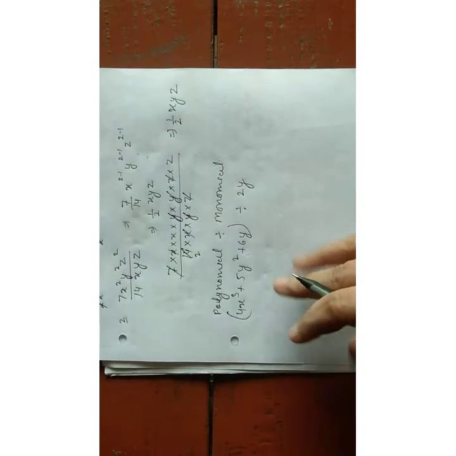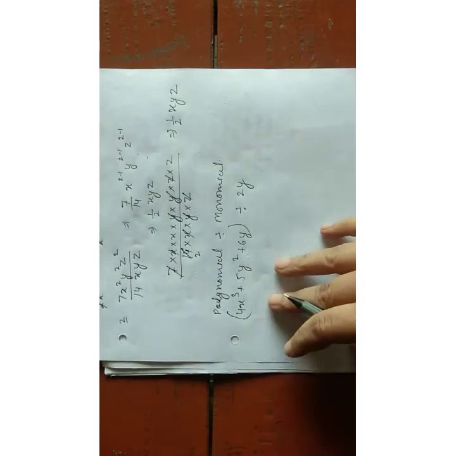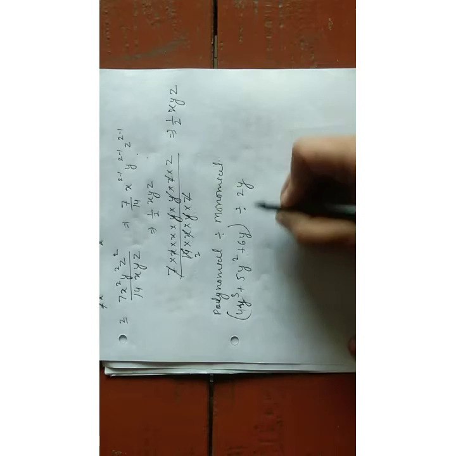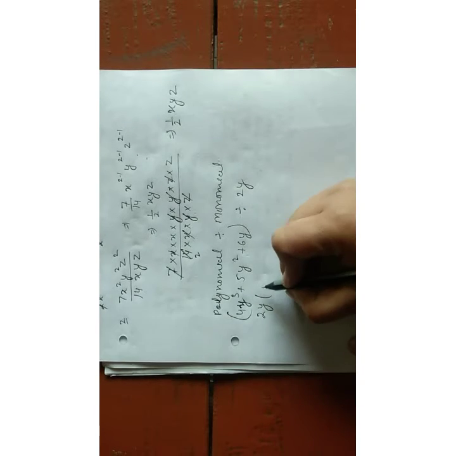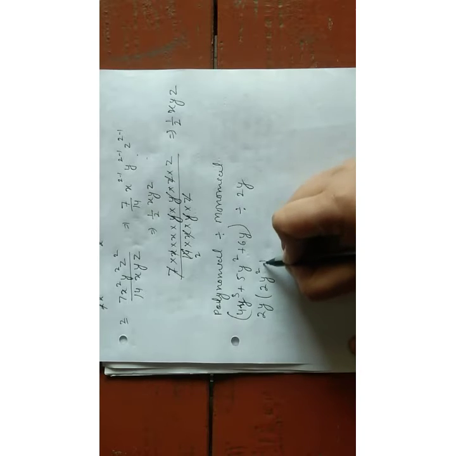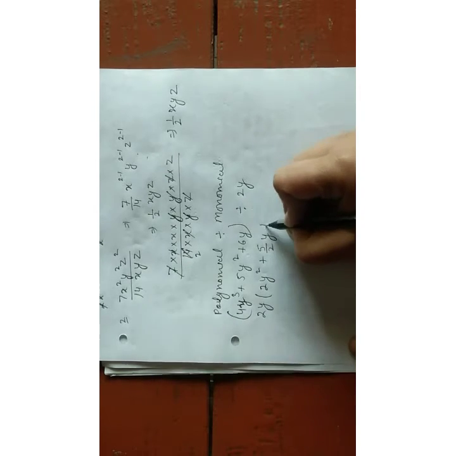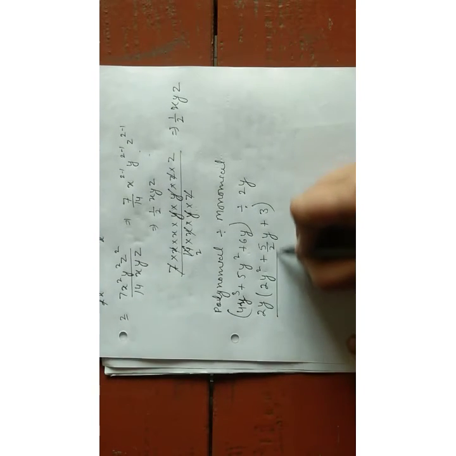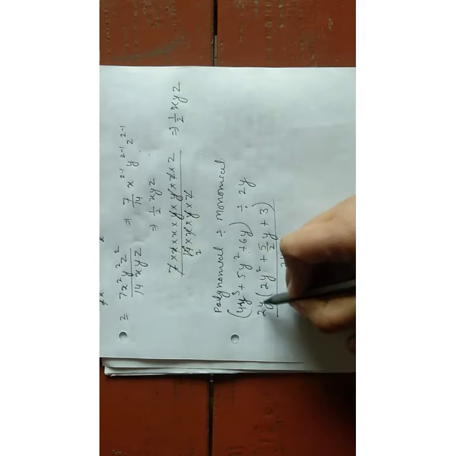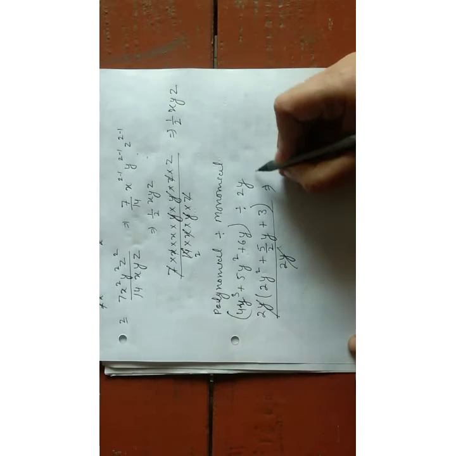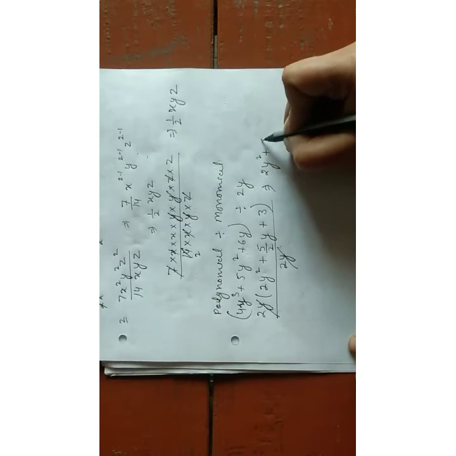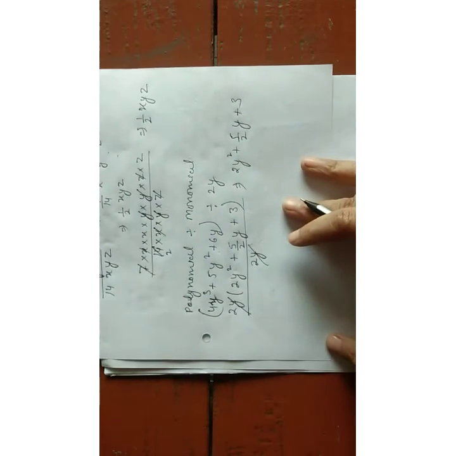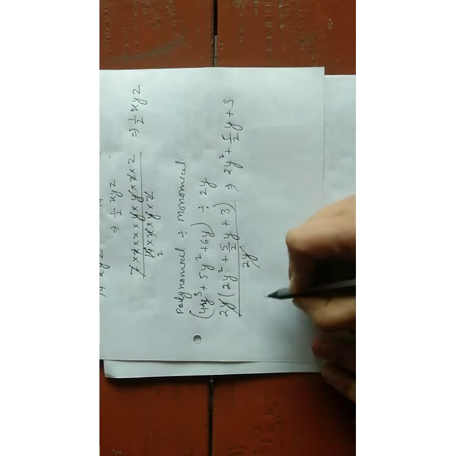Okay. So the first method is you can take this thing as common from this one, if it is possible. For example, I am taking 2y as common. What is the remaining term? 2y square plus 5 upon 2y plus 3. This is the remaining term and this needs to be divided by 2y. Now 2y will be common, it will be cancelled out, and our result is 2y square plus 5 upon 2y plus 3. But we have one more simple method for solving this question.